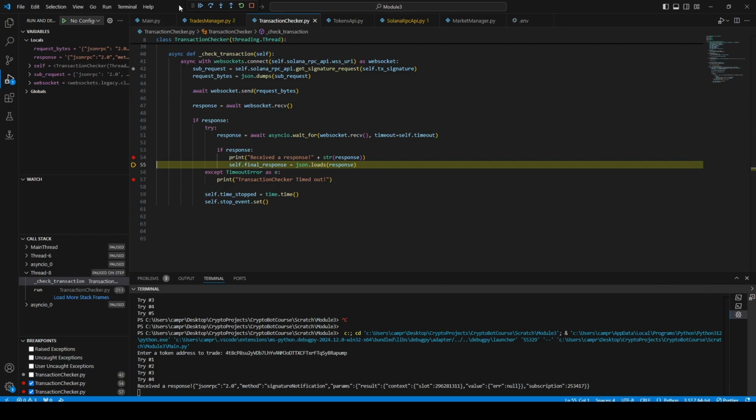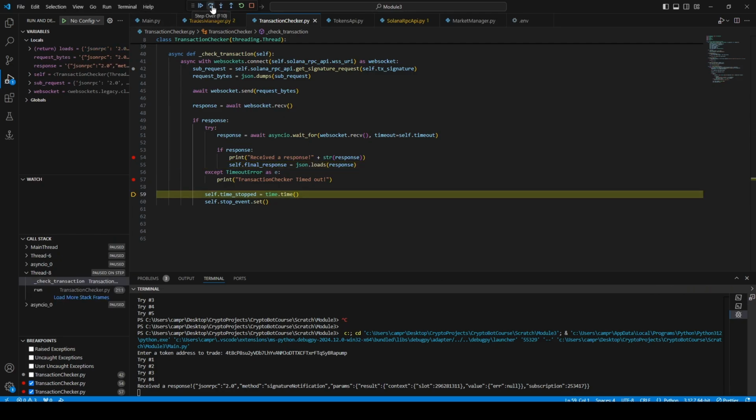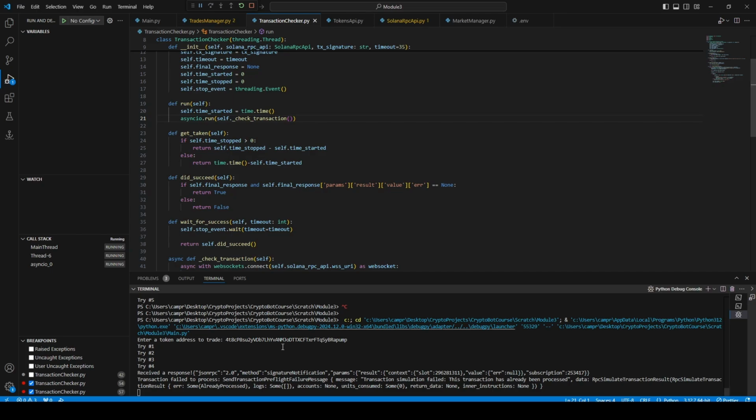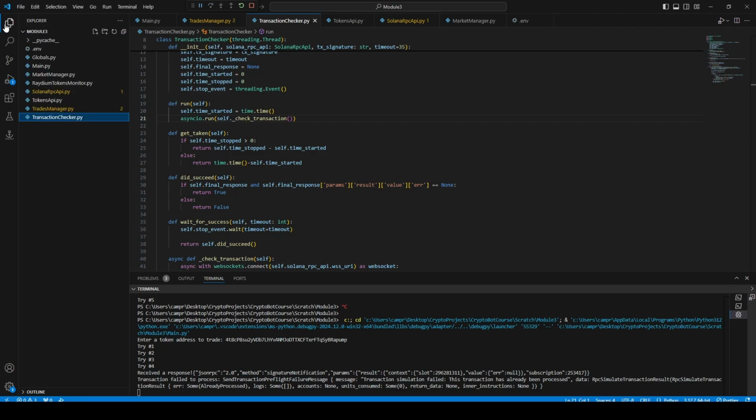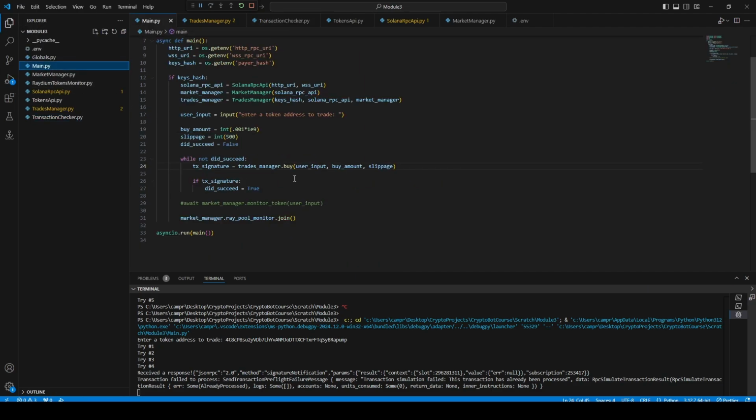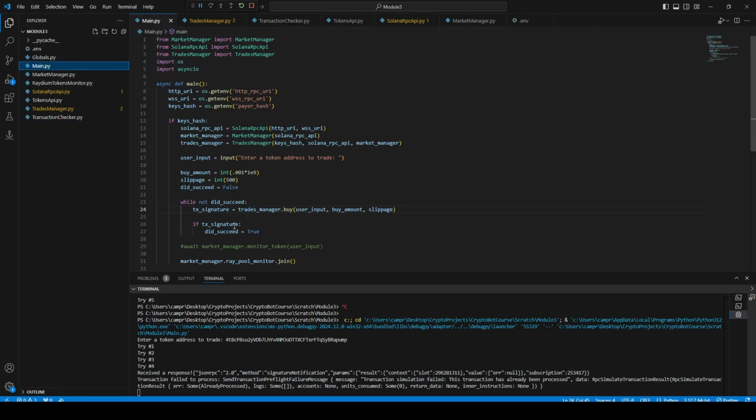That means that it actually worked. Yep. Anyways, it looks like it worked. We got some little errors here, little kinks to work out, but it looks like the transaction worked. I just checked my wallet. It looks like it went through. So it worked. So the next thing that we're going to do is we're going to test the sell feature